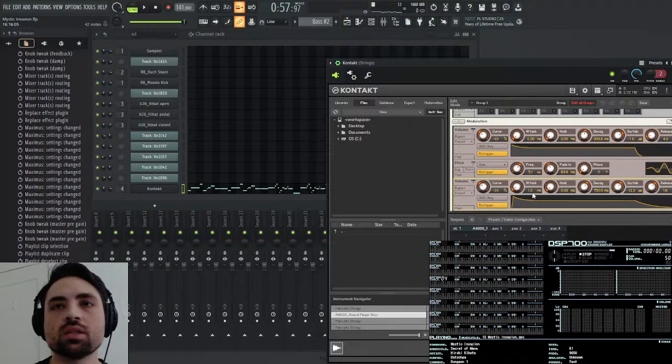And then no attack, and just straight decay, but a long decay. Let me say that would be like 5 seconds. Nice. So that's perfect, actually.